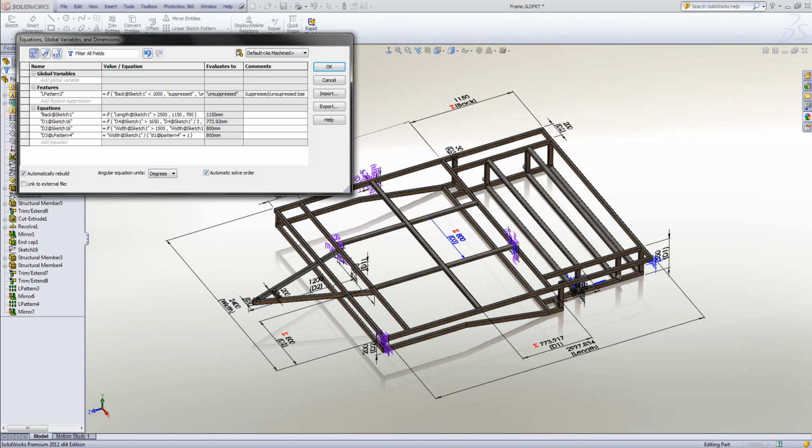Okay. We may want to just work out one more item. I'll put in one for linear pattern 4. Linear pattern 4 again is this second instance created from here. If I select it, you'll be able to see. I'll click in here, click on the item, and this is the item we want to suppress if the width goes below a certain size. Okay, so in this one, we're going to say that for linear pattern 4, if the width of sketch 1, so that's that width dimension again,